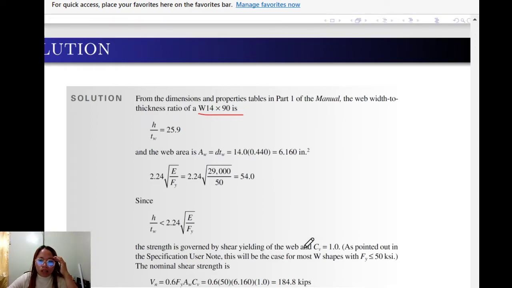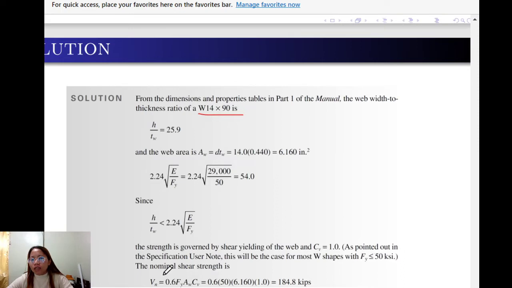And C sub V is equal to 1.0 as pointed out in the specification user note. This will be the case for most W shapes with Fy yield stress less than or equal to 50